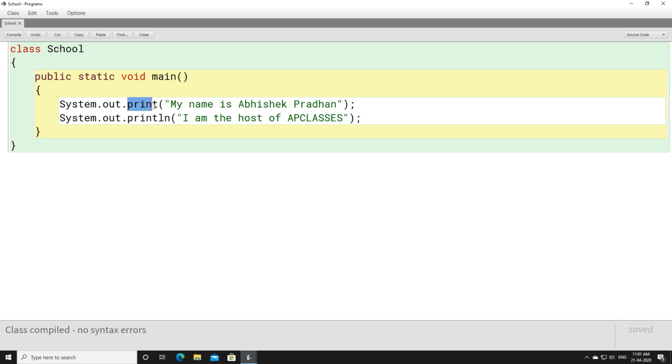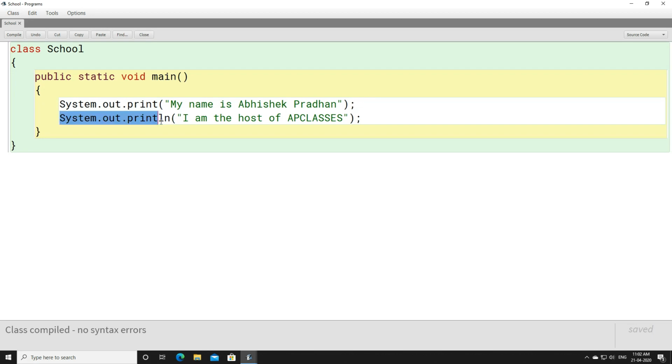The difference is that after printing this statement, because only print is written, the cursor or the control will not go to the next line; it will stay at the same place. Because of print, the control will stay in the same line.